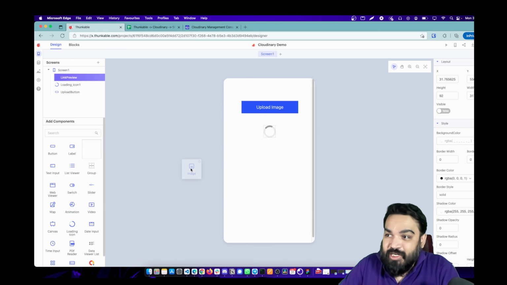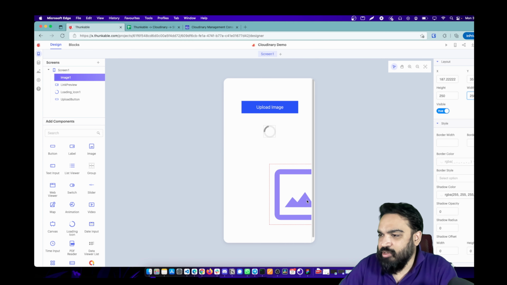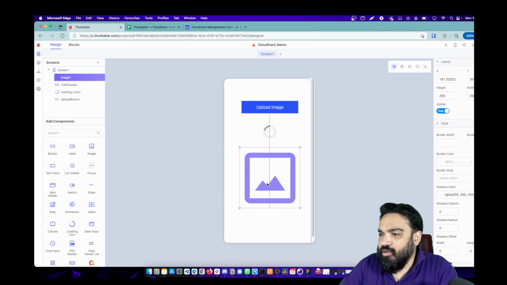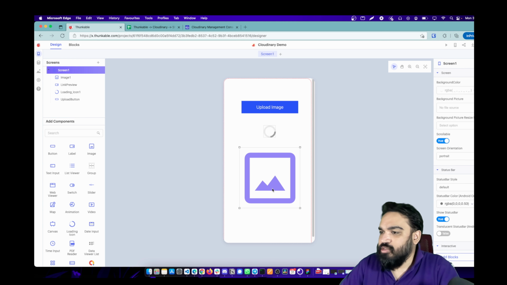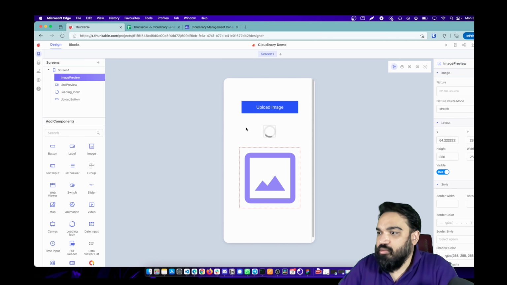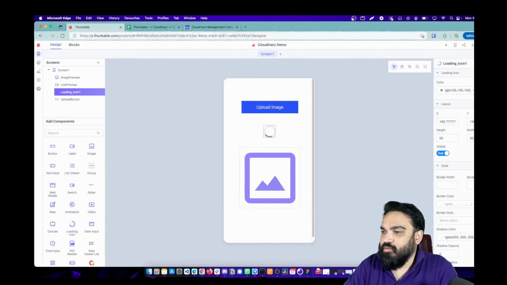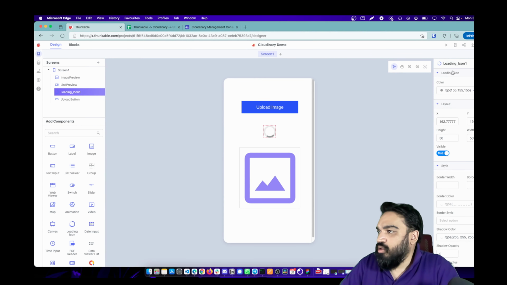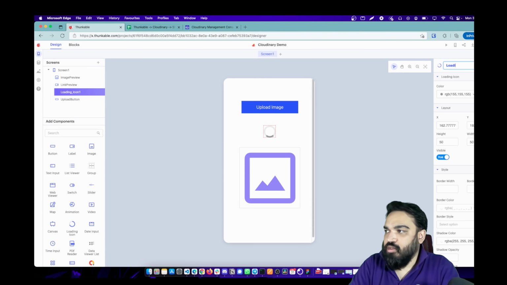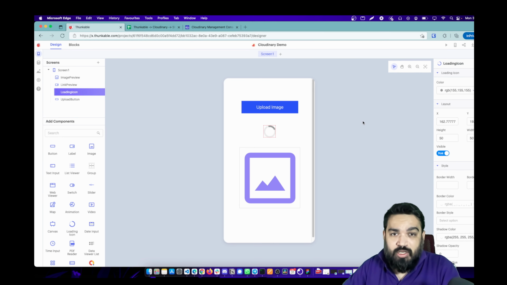And the next thing that we need is the image. I'm going to drag and drop the image part and change the size to 250 by 250 just for the sake of an example, and then put it here, center, and then change the image also to image preview. Now loading is also set. Let's just change this to something that we prefer. Right, now that we've updated all the labels and added all the components that we need, the next step is